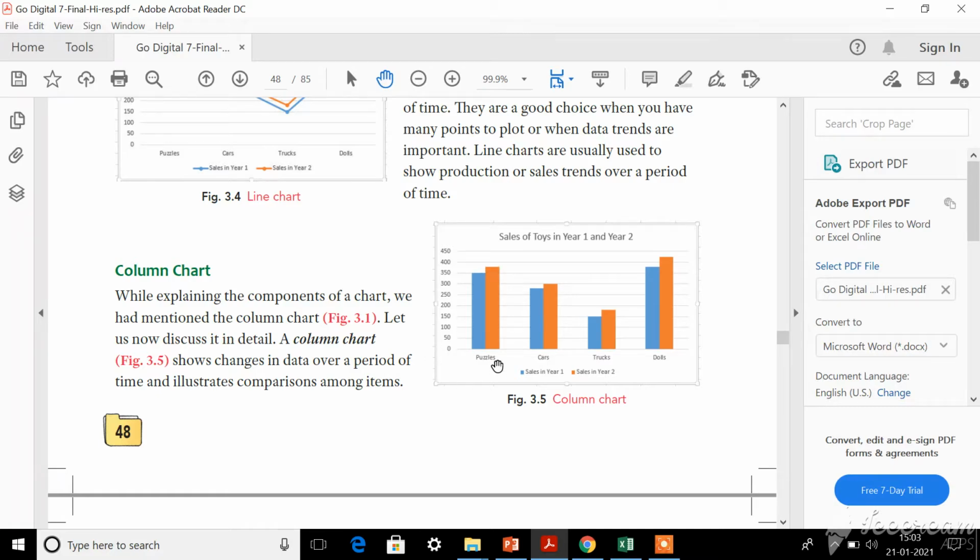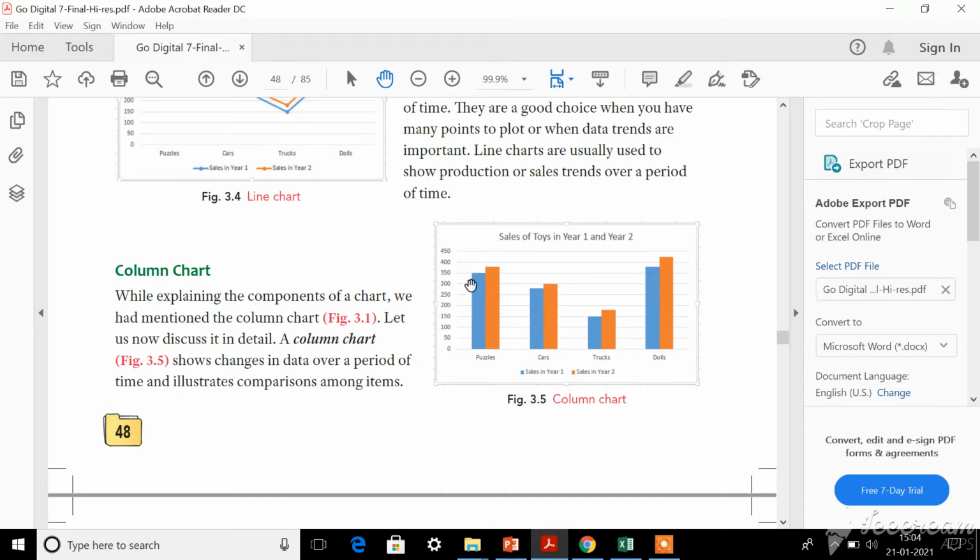For example, for analyzing sales of toys in year 1 and year 2, if the end result alone is needed, at the end of the first year or the end of the second year, what was the sales of toys? If the end result alone is needed and the gradual increment, that means the trends, are not important, then you can use a column chart.